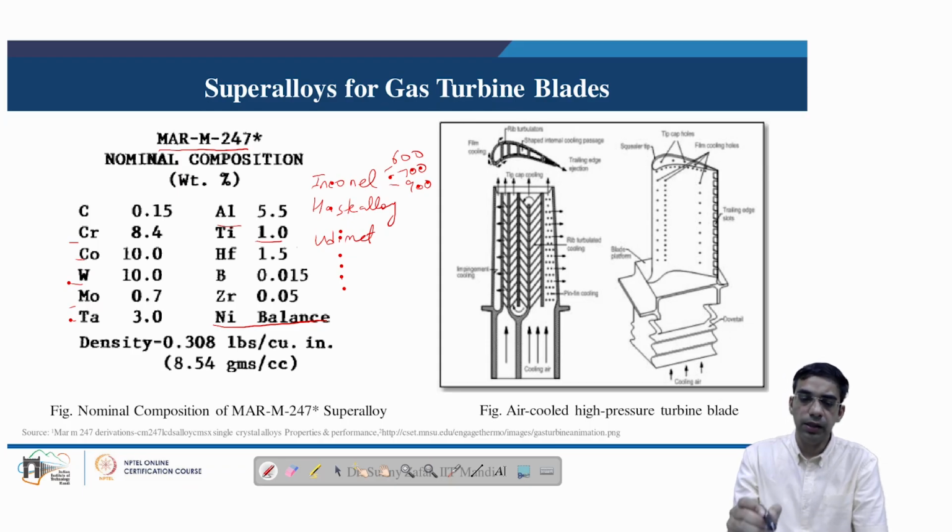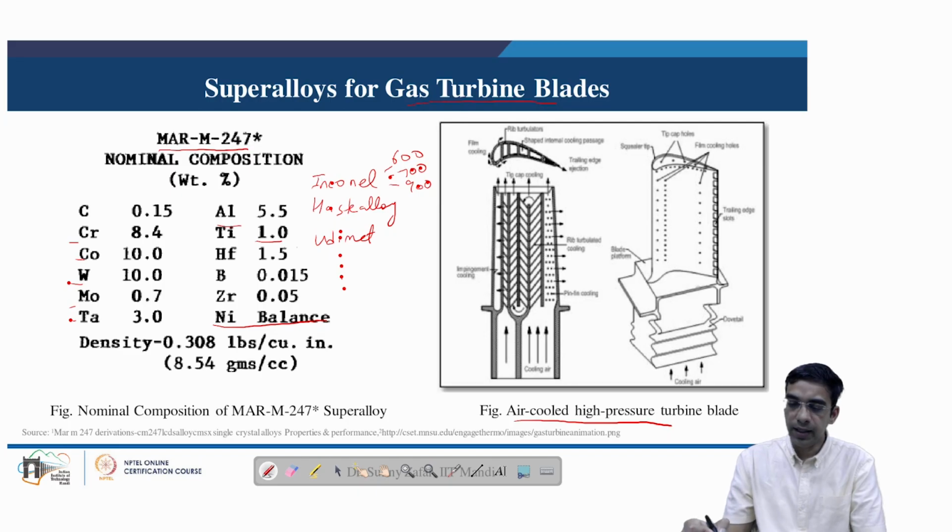Now in the current lesson we are dealing with the gas turbine blades, and on the right hand side we can see a typical schematic of the gas turbine, where we can see an air cooled high pressure gas turbine blade, how it typically looks like. So we can understand that the gas turbine blade is a complex shaped component or a product which has different parts. So we start from the root of the gas turbine blade, which has a dovetail. So this dovetail part goes into the mating dovetail part in the rotor disc.